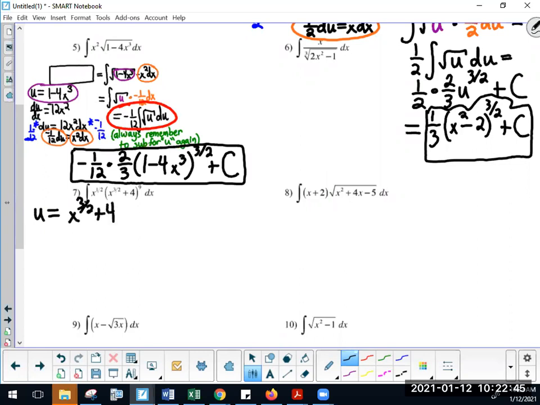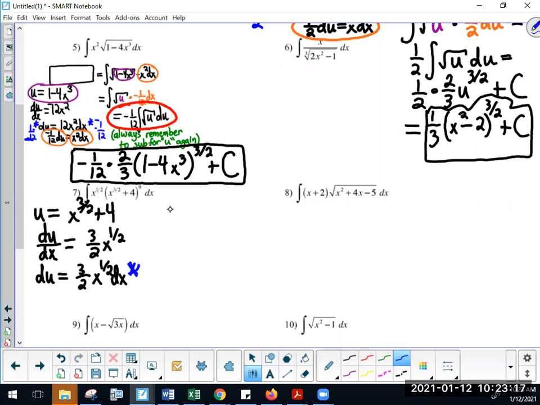If I take the derivative of both sides with respect to x, on the left side using implicit differentiation, I have du dx. On the right side, I have 3/2 x to the 1/2 power plus 0. And if I multiply both sides by dx, I have 3/2 x to the 1/2 power dx on the right side, du on the left side, which is pretty much the same thing as x to the 1/2